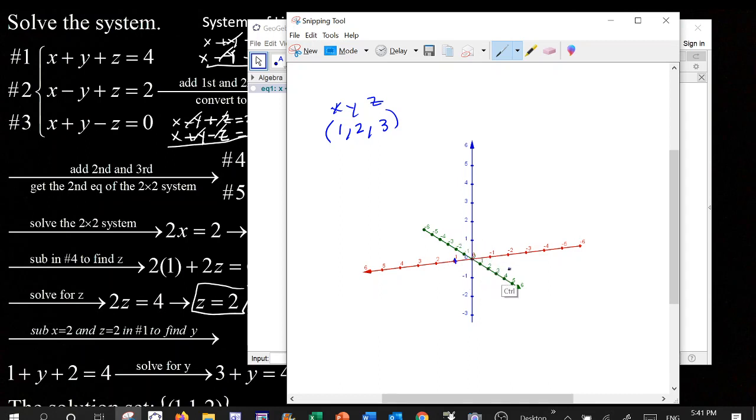In the y direction you go 2 units, 1, 2, and then you draw parallel to x and you draw parallel to y here, so they intersect here, right? Now on z we have to go to 3. So from here, if you draw up parallel to the z-axis,